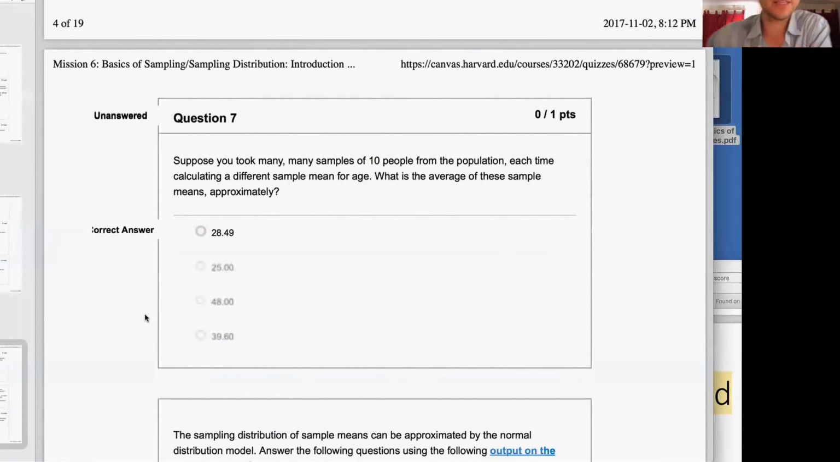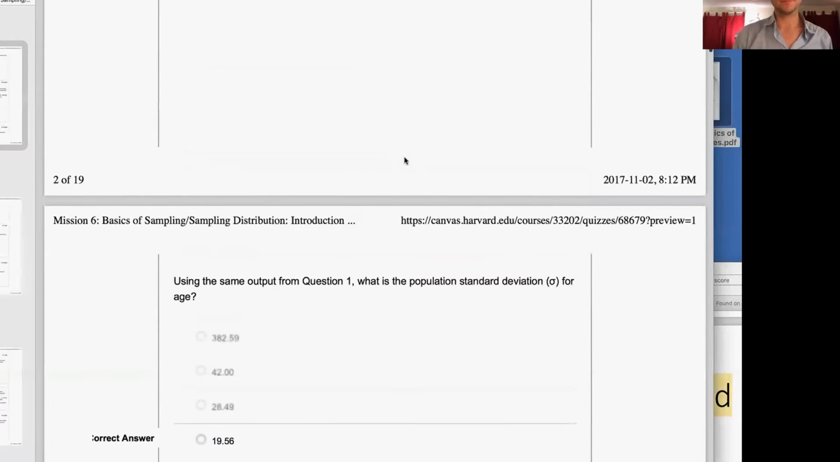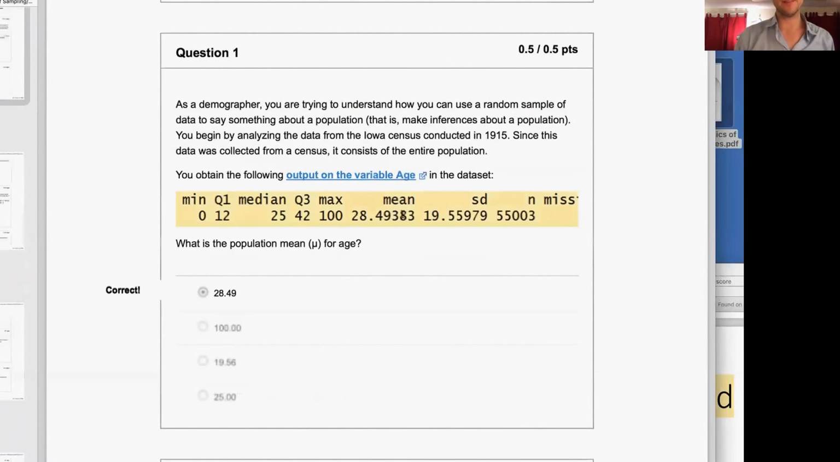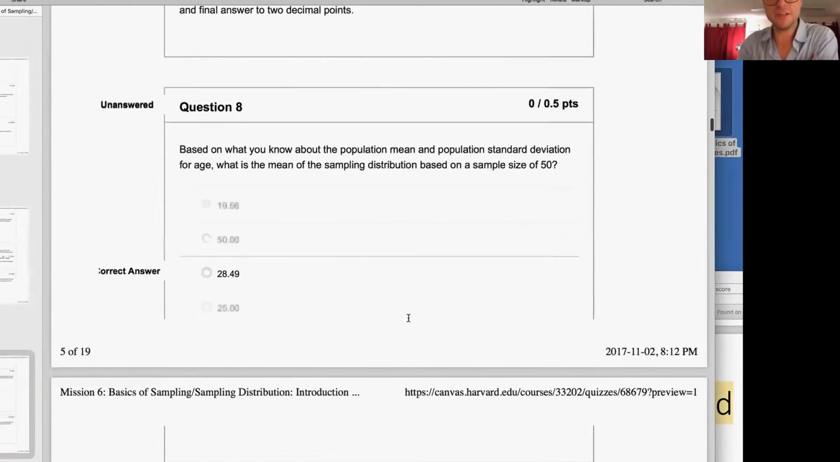Now we're going to ask a question. Hypothetically, suppose you took many, many samples of 10 people from the population, each time calculating a different sample mean for age. So we're going to take x bar, x bar, x bar, x bar, x bar, and then we're going to average those means. What are we going to get for that? And here, if we scroll up, we're going to get something that approximates the population parameter mean. And that's because when you average,